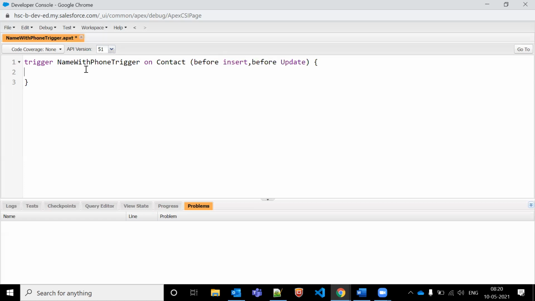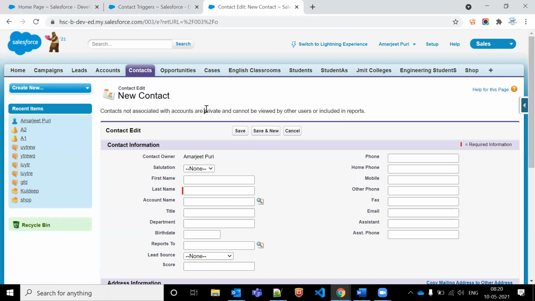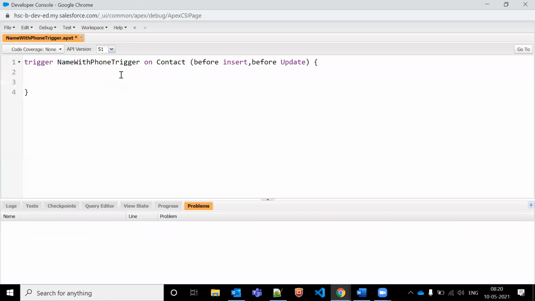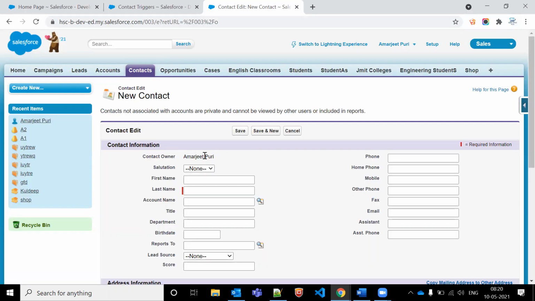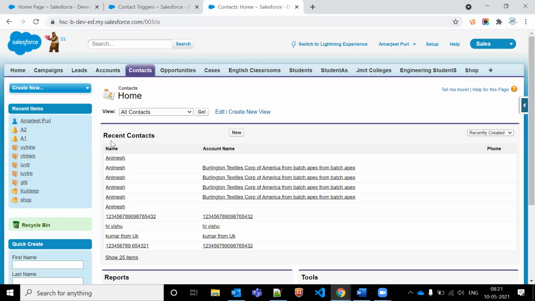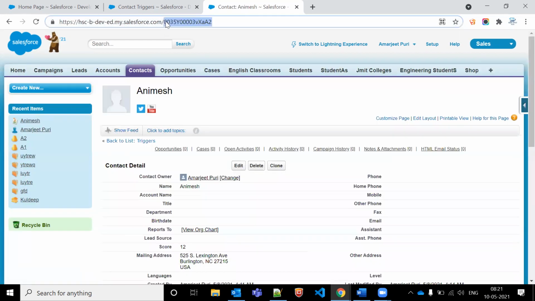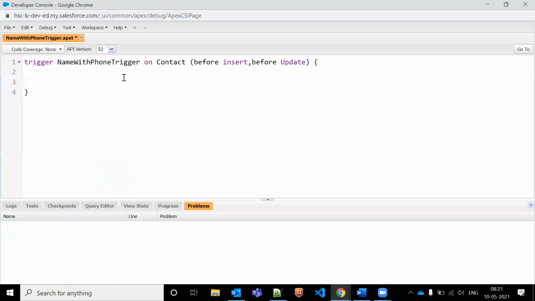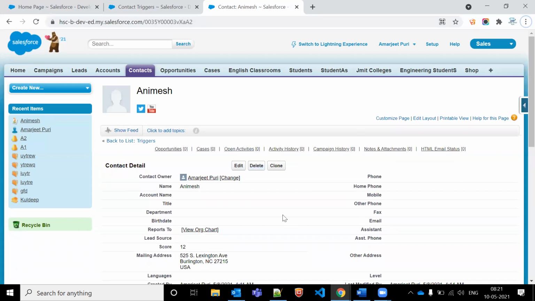Let me do one thing here. Whatever data we are going to insert in the database, we'll get the new record ID. That is a list of new record IDs. Let's say we are inserting the data. Which ID will we get? We'll get this URL ID. So we'll get all the details: name, last name, full name, and whatever details we have. So whatever data we are getting, we'll get that data in the list.